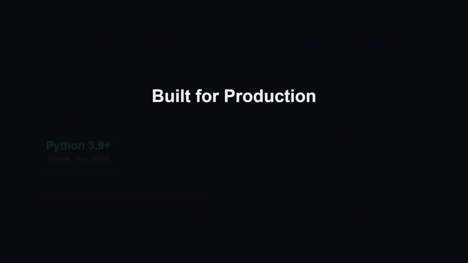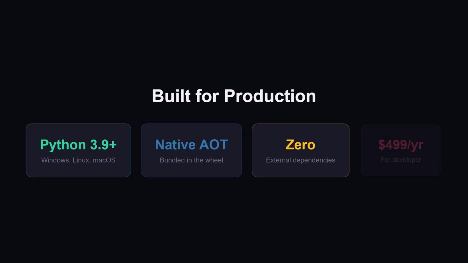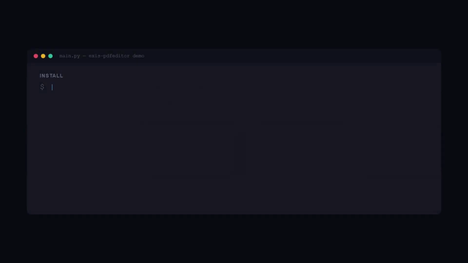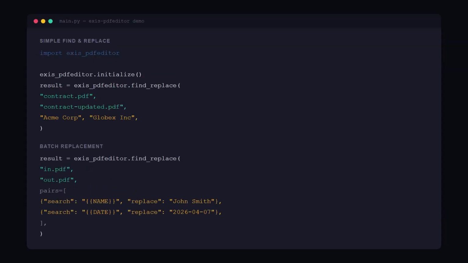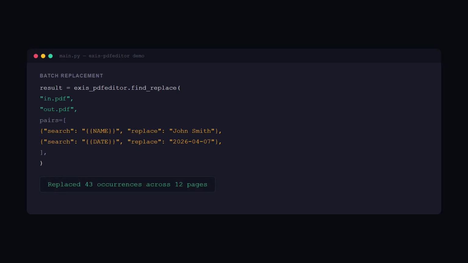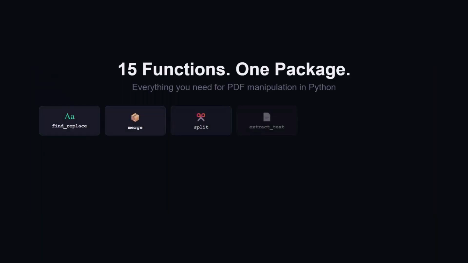Exis.PdfEditor for Python takes a fundamentally different approach. It's a native AOT-compiled binary that parses the PDF content stream directly and performs surgical in-place edits. The output is byte for byte identical to the original, except for exactly what you changed. Forms stay intact, signatures remain valid, and the entire wheel is self-contained, no .NET runtime, no Poppler, no Ghostscript,